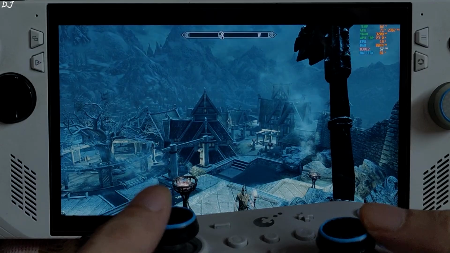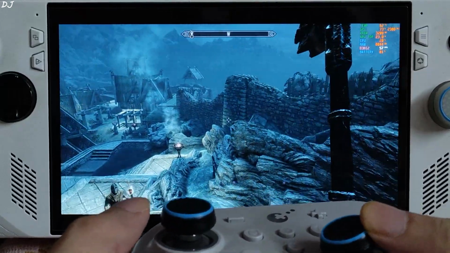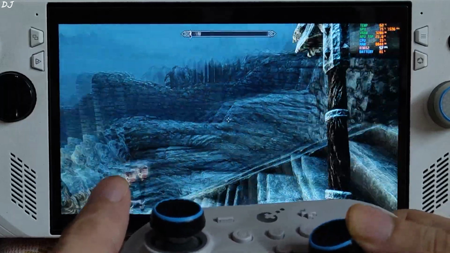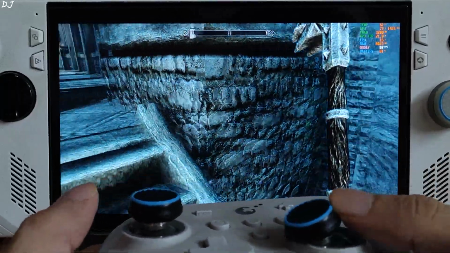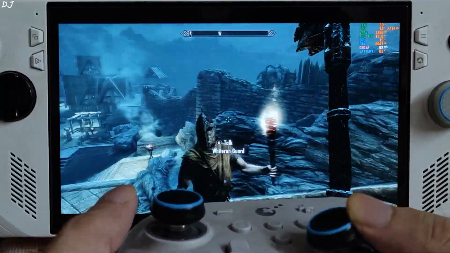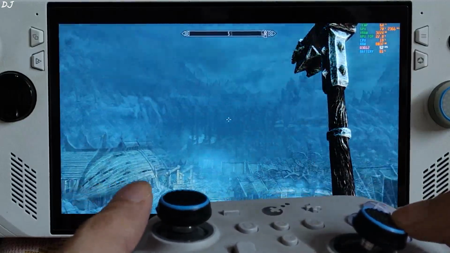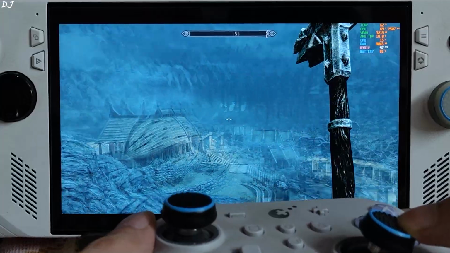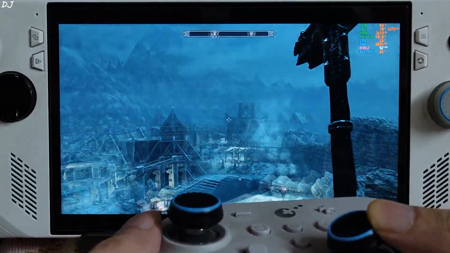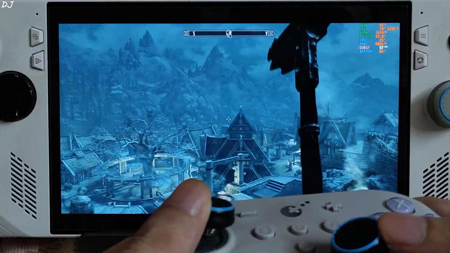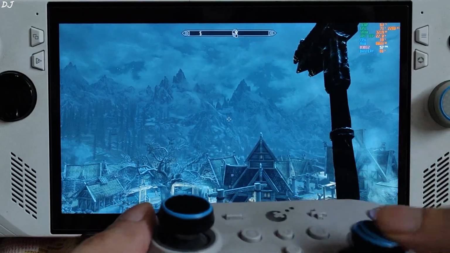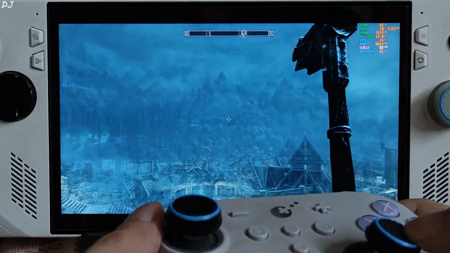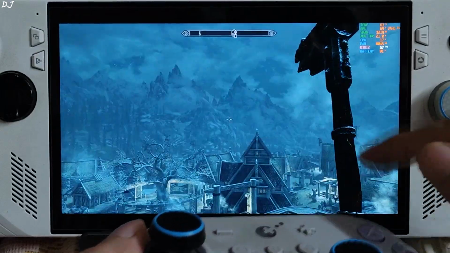Start the game. Game loads up. This is Whiterun. I am playing the game in first person mode. FPS is locked at 57. GPU load around 75%. Check out the input response. Okay, I am observing some ghosting around the weapon when I move the camera in complete circles like this. During normal visual motion, upscaling artifacts are not easy to observe. Enabling frame generation will make this ghosting effect more aggressive. Some minor ghosting. See,